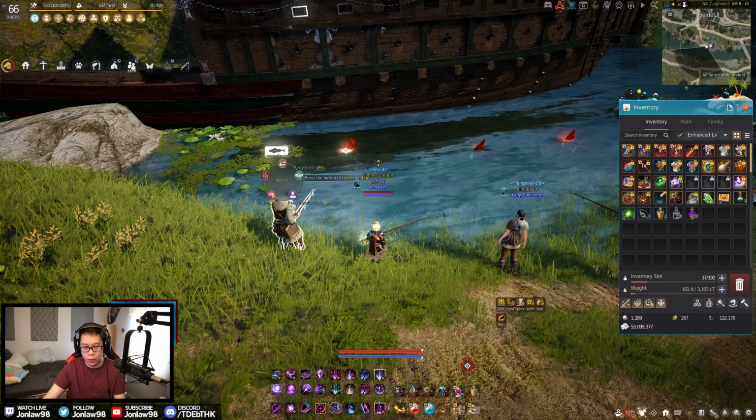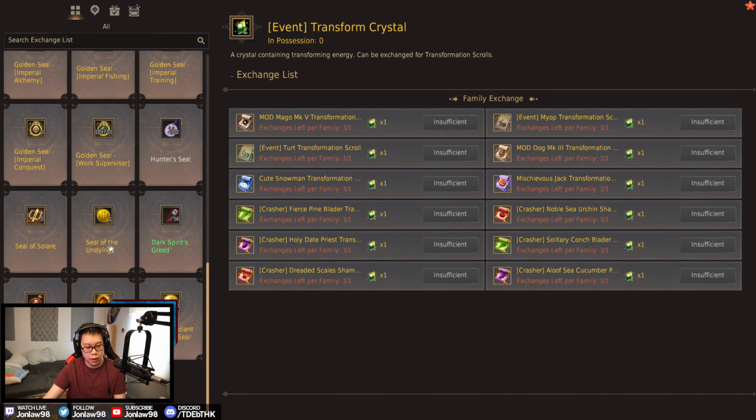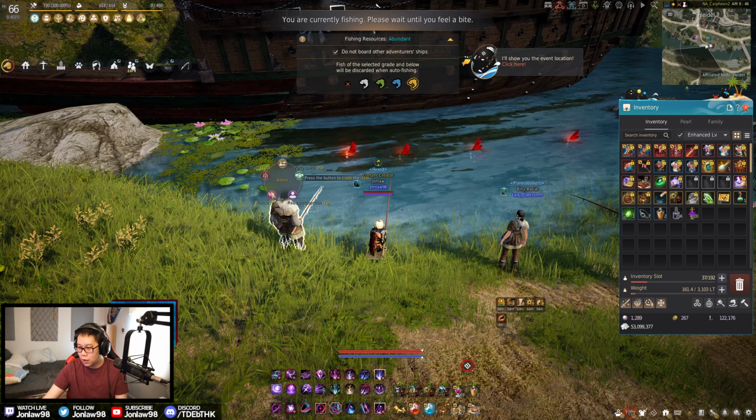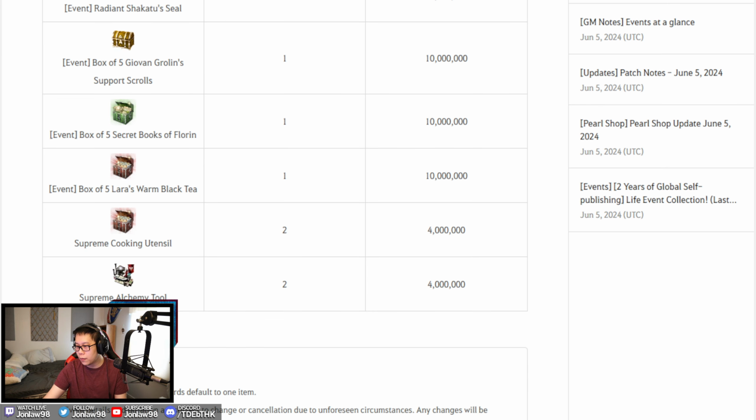So in case you don't know, let me show you what those radiant seals do. You go over here. These radiant seals right here. These thingies. I'm personally saving up for the title because like all of these, most people won't need it. If you need the Garmoth's Horn, that might be worth it, but realistically, with the price of everything nowadays, the best thing to get is just straight up the title, or maybe a weapon exchange if you like re-rolling. But other than that, can't see too much value in most of them. All right,